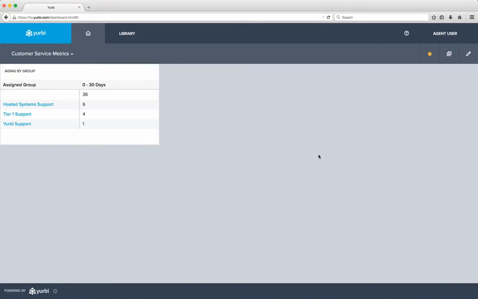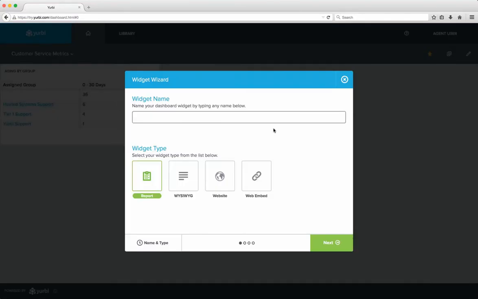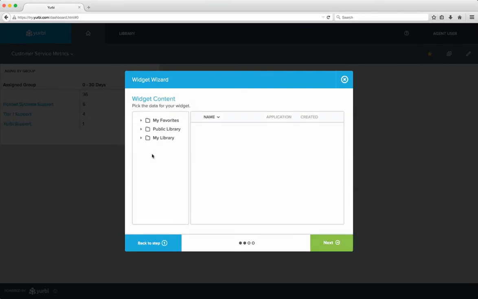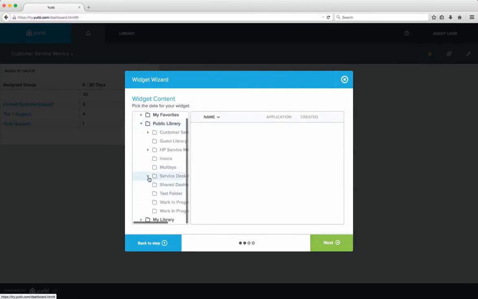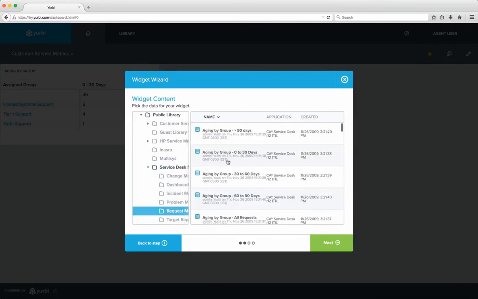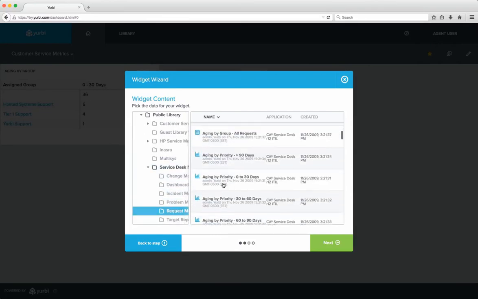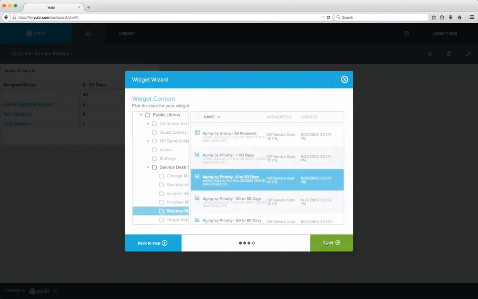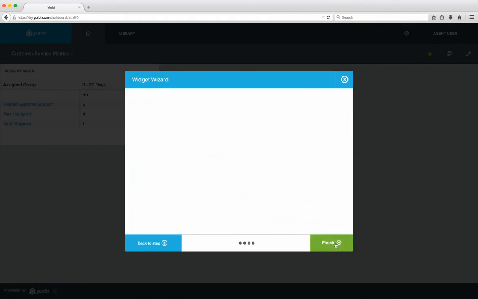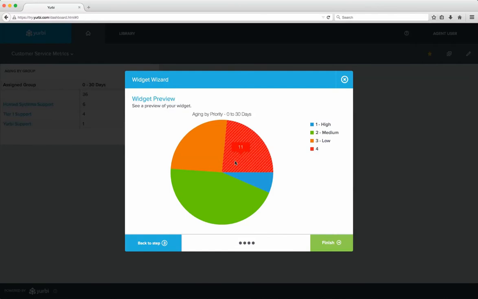Let's go ahead now and add a second one. That initial button here is missing in the middle of the screen, so now I'm going to add all my future widgets up here. We'll call this one Aging by Priority and just pick a similar type of report. We'll navigate through. Pick that folder, and let's pick this one. So again, no prompts on this one. It'll give us a preview. In fact, this is a chart,